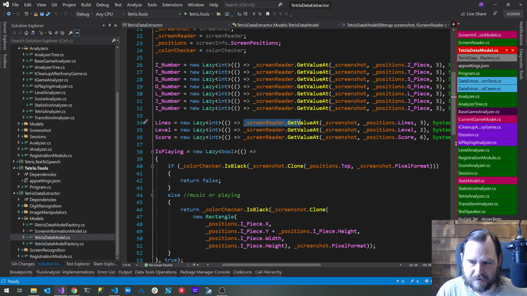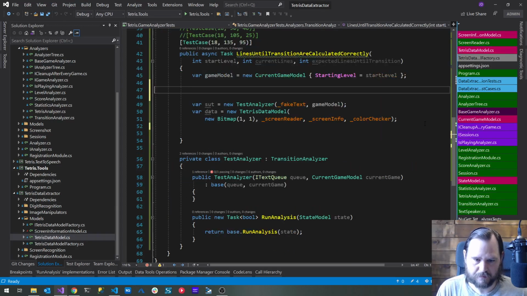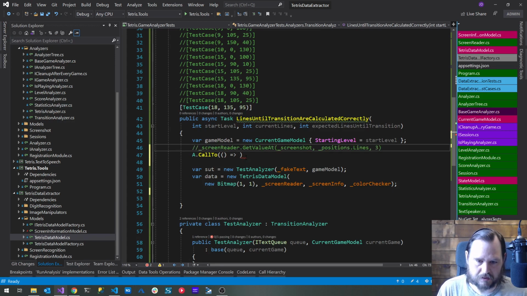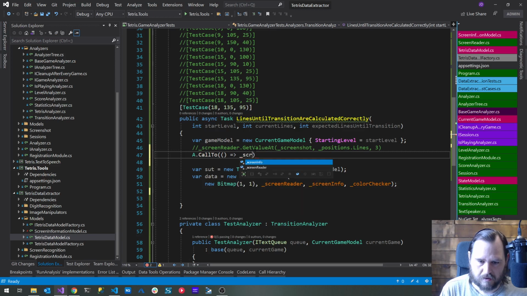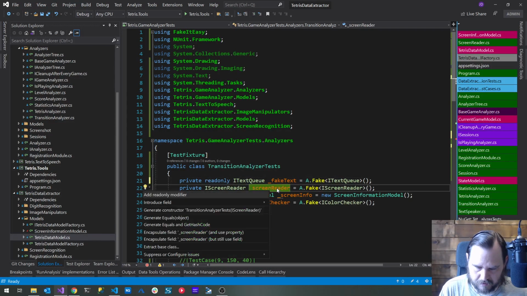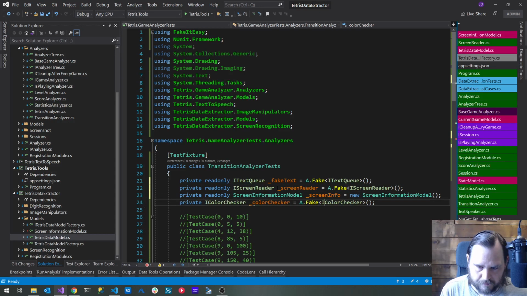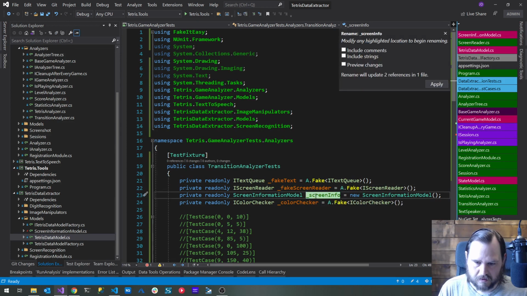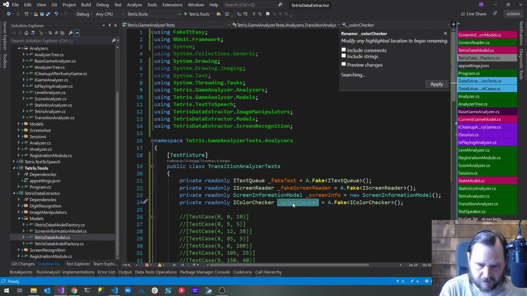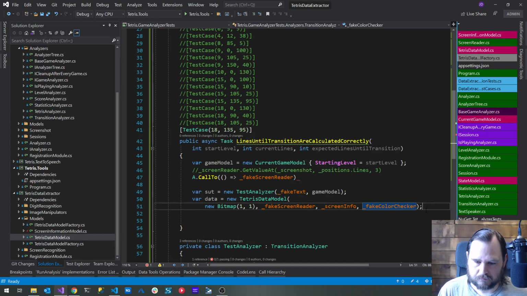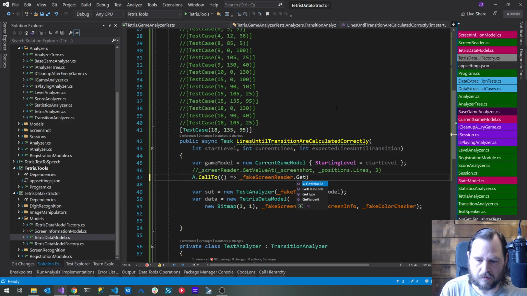So this is what we want to set up, this call. So we're going to use call to, and this is what we're trying to do, a call to our screen reader. And you know what? I should really, oh, we can add read-only modifiers to all this. Sure, let's do it. And what I didn't do, which I usually do, is I call these things fake. Just so we know they're fake. This is actually not fake, but this is fake. Okay, so a call to the fake screen reader where we try to get the value at our